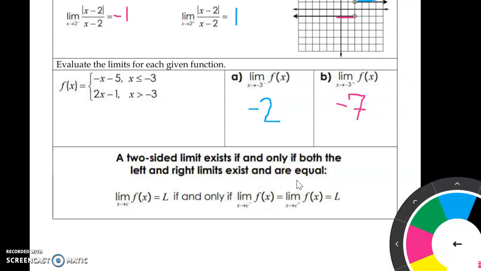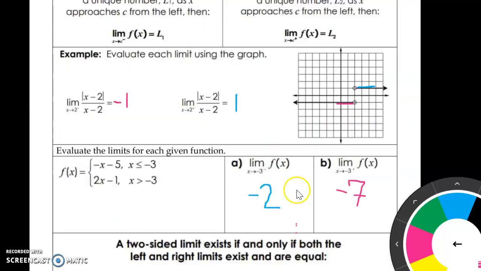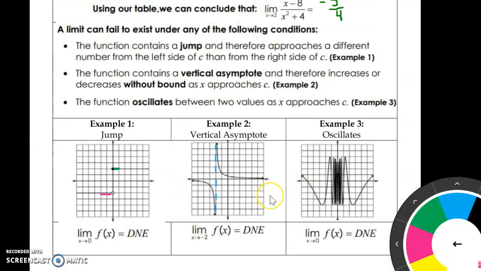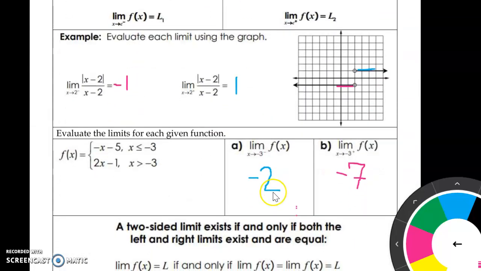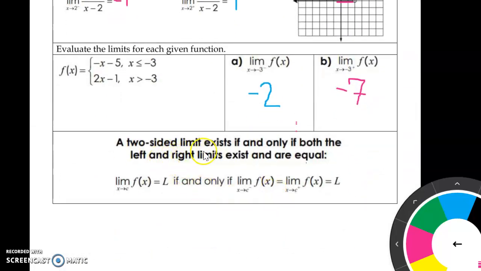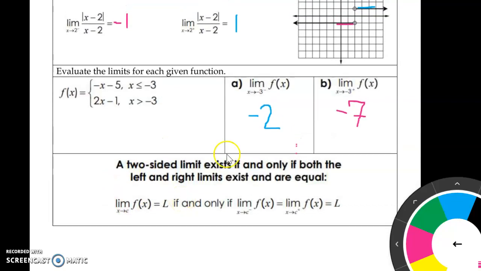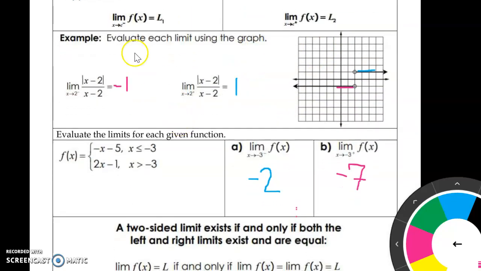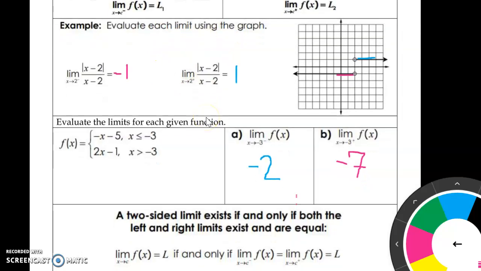So previously I mentioned that in some instances limits do not exist. So a two-sided limit exists if and only if both the left and right limits exist and are equal. What this means is if I was to go back and look at this example here, evaluate each limit using the graph, but I added an additional limit and I said just the limit,